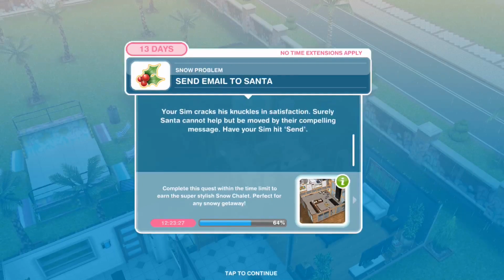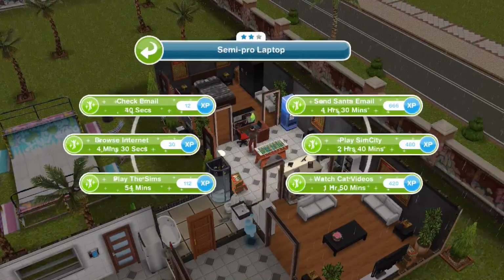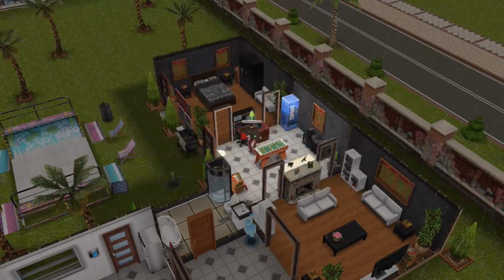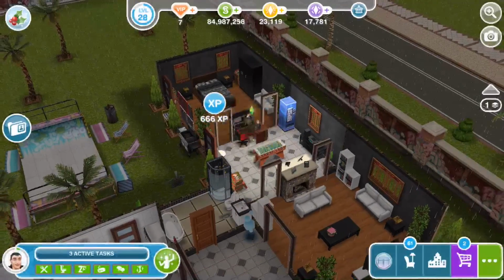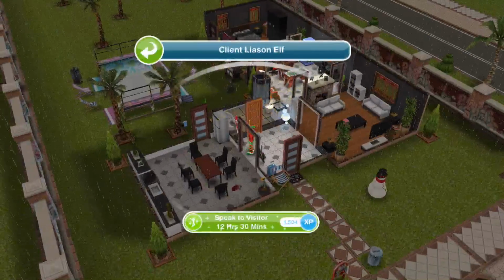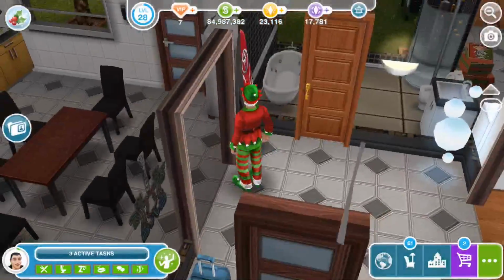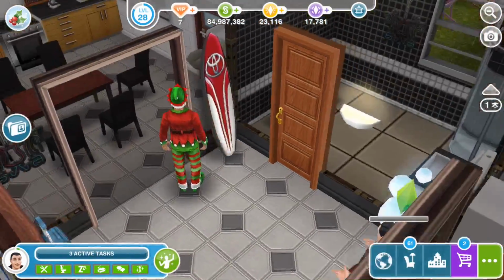So our sim cranks his knuckles in satisfaction. Cool. So hopefully Santa can be moved. So let's send again. So we hit send, and the computer is flashing with all kinds of warnings. And we have got a client liaison elf, who looks very much like Alan, but oh my gosh, is that a